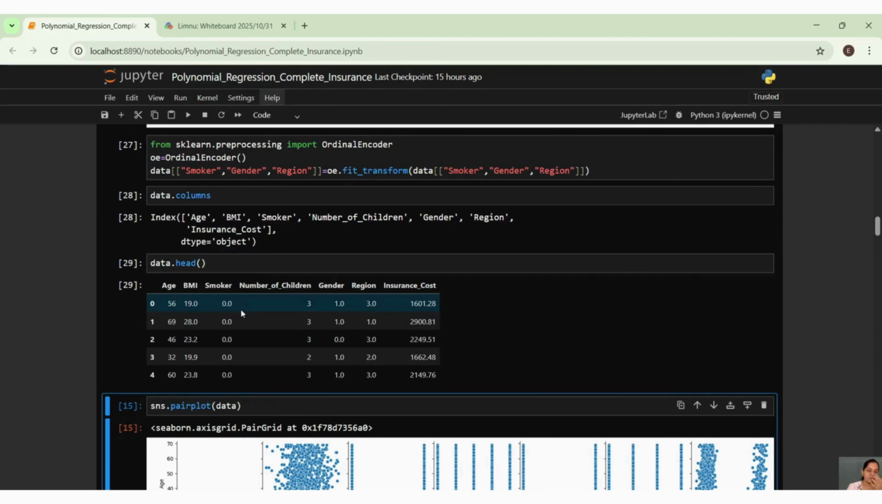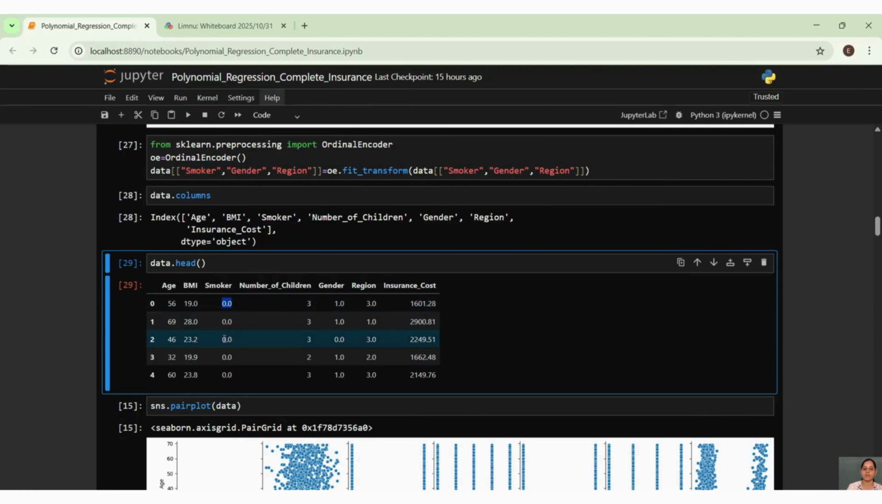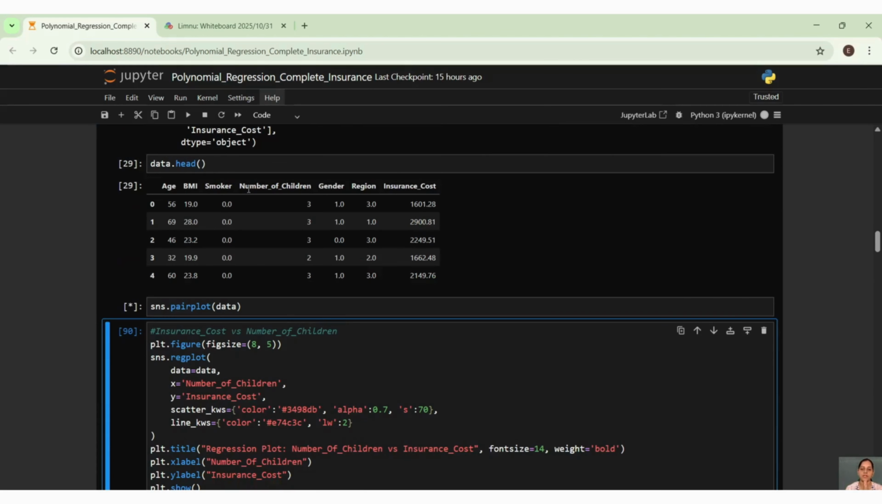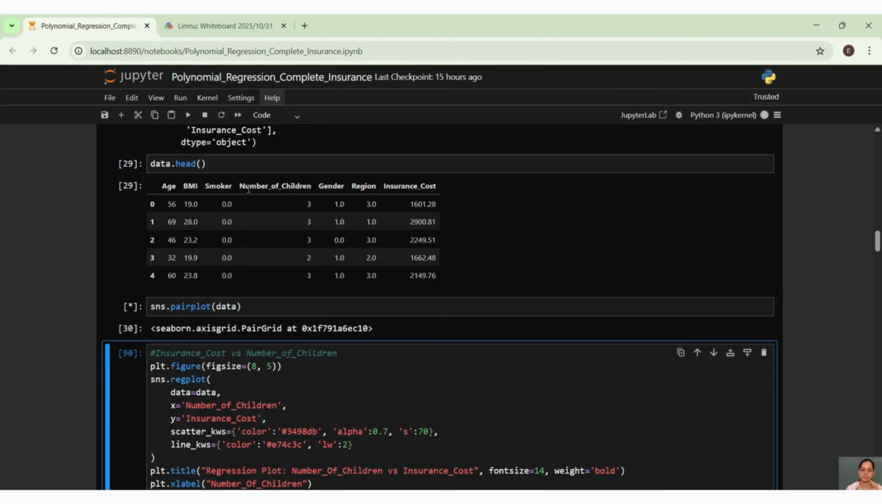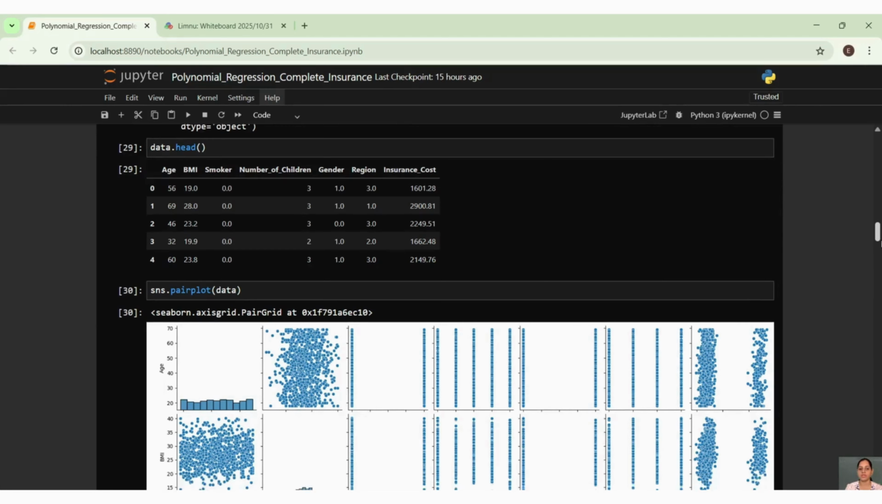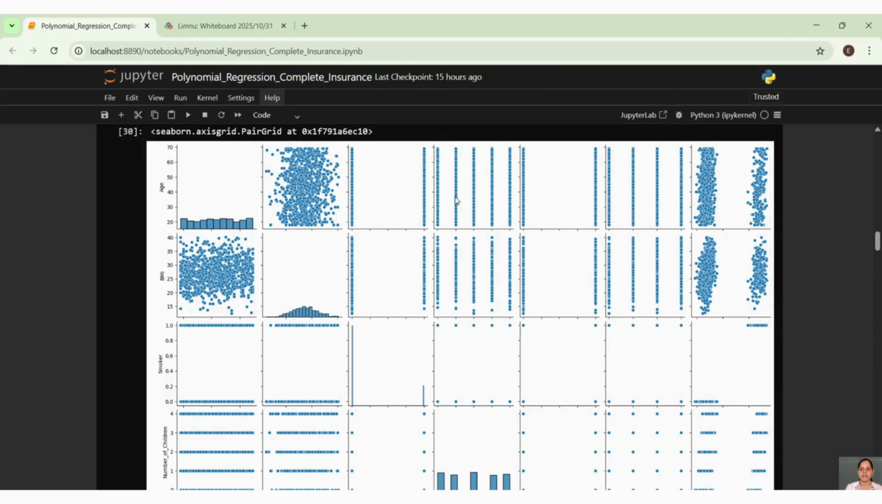Now I can see that instead of my categorical variables, I am getting numerical variables, right? Gender and region. With the final data, I have created my pair plot. And in my pair plot, what exactly is happening, guys? It is going to show me a combination of histograms and scatter plots. The diagonal is going to be the histograms, and the adjacent